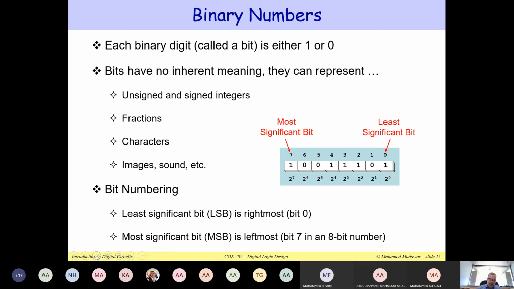Let me use my highlighter. You can see this is bit 7 here, right? That's actually bit 7 that has the value 1. This is an 8-bit number. So the most significant bit is bit 7. The least significant bit is bit 0. So the bits are numbered from 0 to 7. Now this number consists of 8 bits. We call it a byte. So a byte inside the computer system consists of 8 bits, so you can use it to store an 8-bit number.